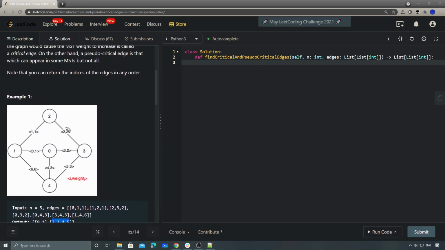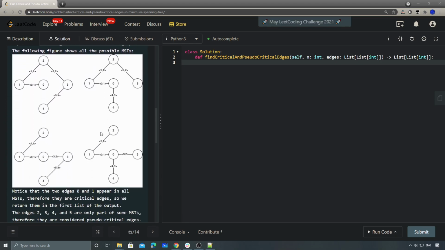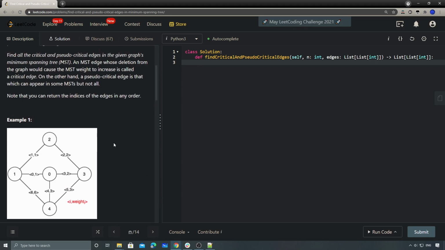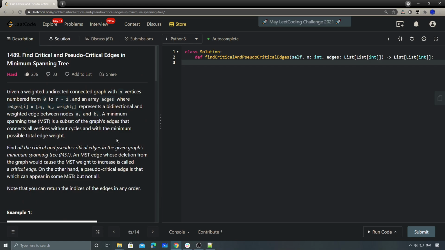Which means that if we remove this one, we can still form a minimum spanning tree, right? With the same weight, which is 7. So basically, that's how this problem was described, right? Cool. And to solve this problem, we need some basic knowledge about how we can form a minimum spanning tree,